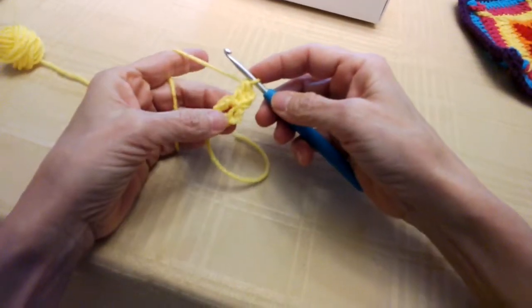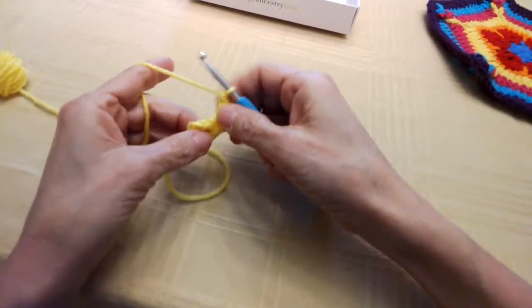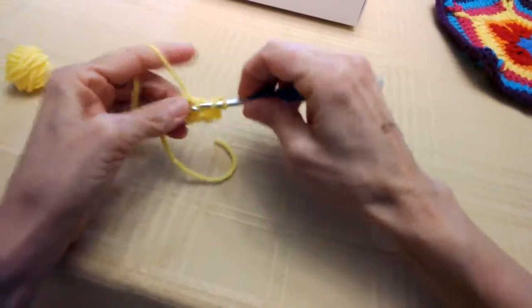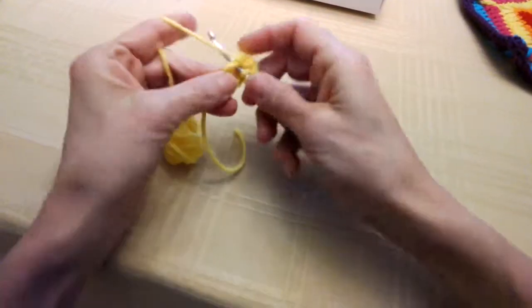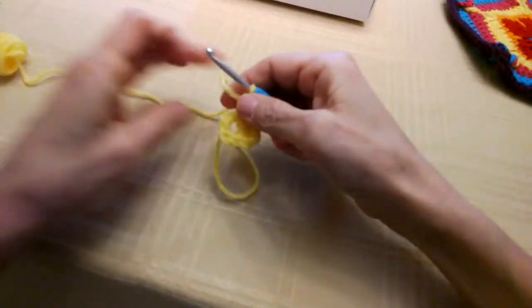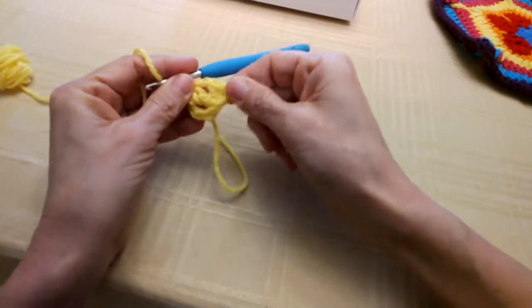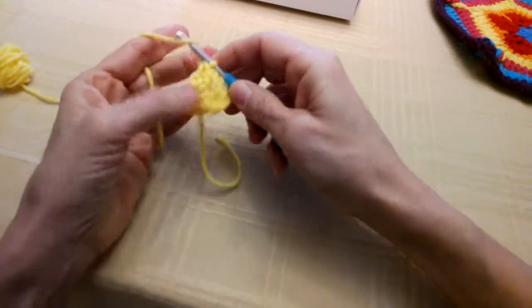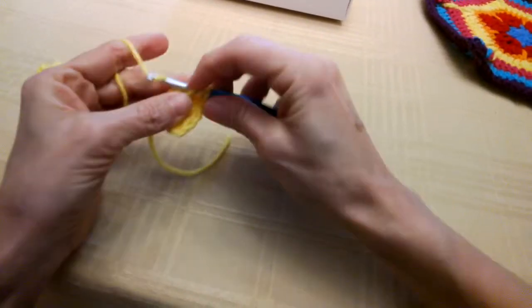And then I worked another double crochet into the ring. Now I chain 1, and I'm going to make 2 more double crochets, working those into the ring. And now I've got 2 double crochet shells done, so I need to do 4 more. So chain 1,